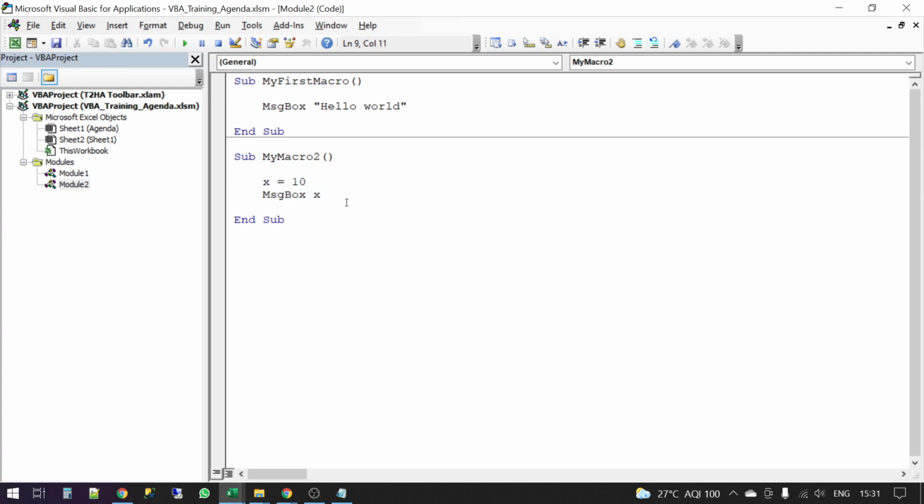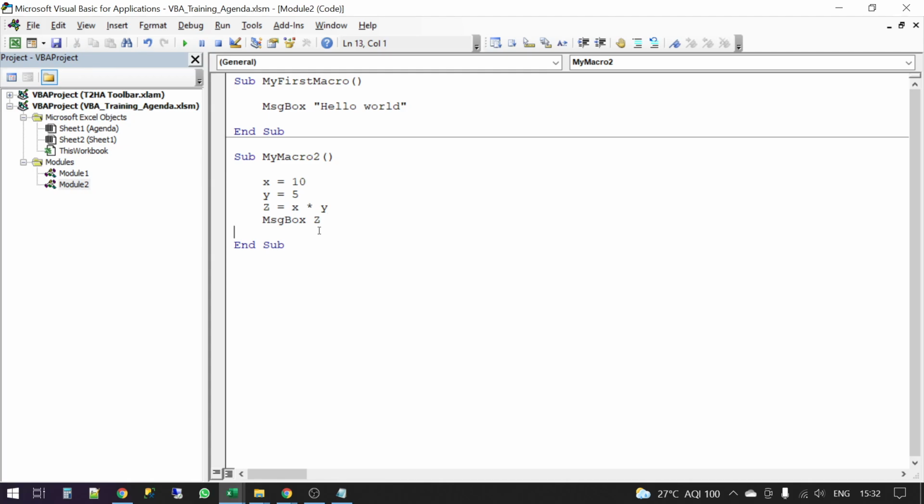You can also do something like, okay, so let me do this. Z equal to x into y, message box z. 4 steps: assigning the value 10 to x, assigning the value 5 to y, using the variable z and assigning it a value x into y, and message box z.